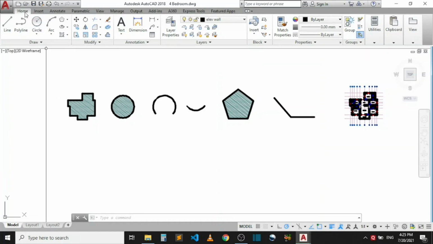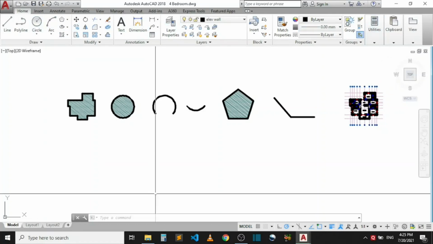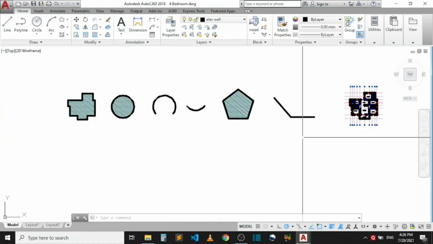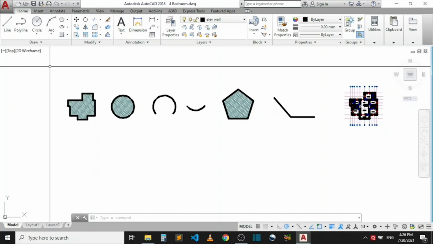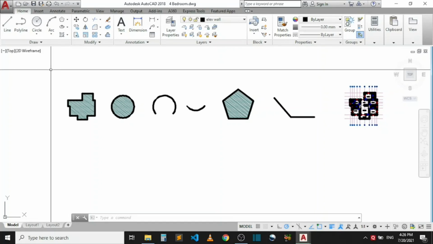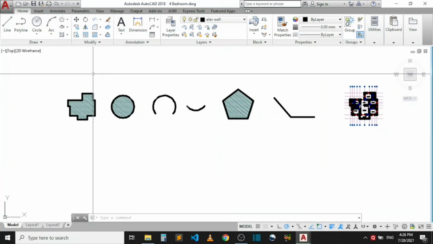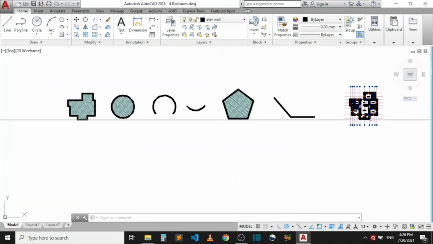We already learned the various parts of AutoCAD in previous lessons, that is, getting used to the AutoCAD 2018 user interface. If you have not learned that, I will leave a link. You can go back and watch and familiarize yourself with the AutoCAD 2018 user environment, which is similar to other versions of AutoCAD released from the year 2009 upwards, up to the current version, which is 2021. We have a similar user interface, so if you are familiar with one, you can as well work with the other versions.